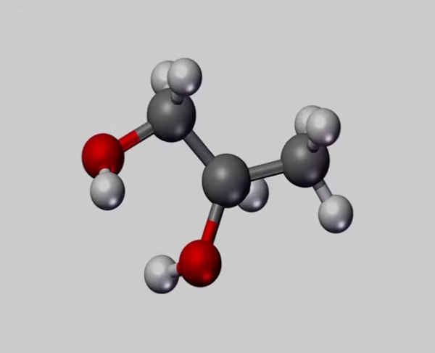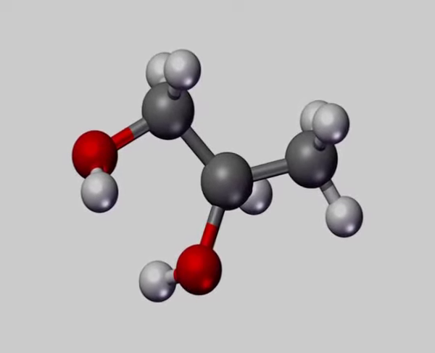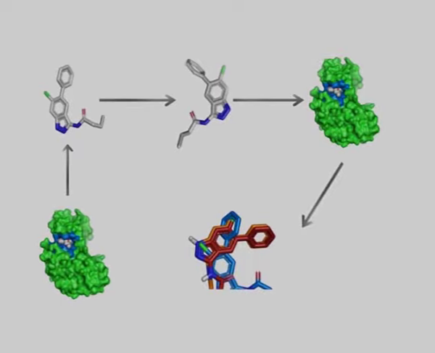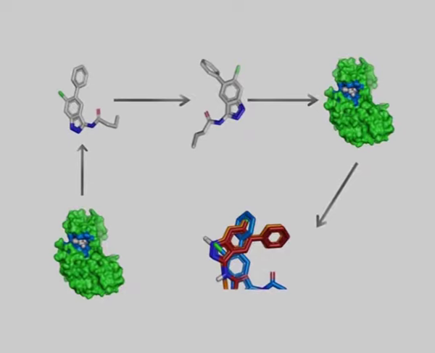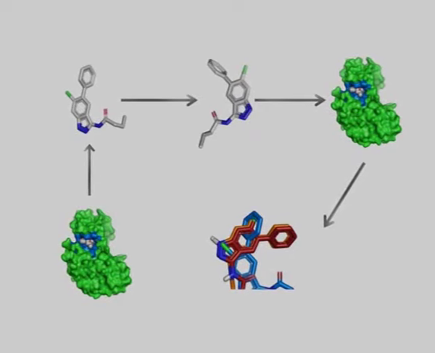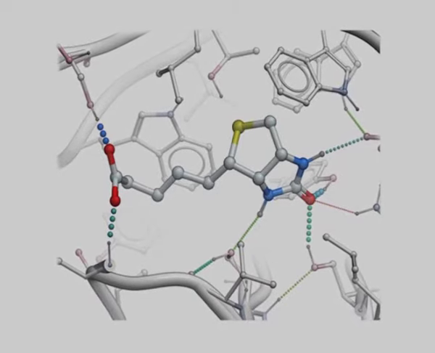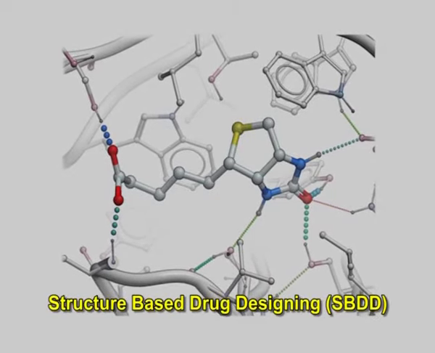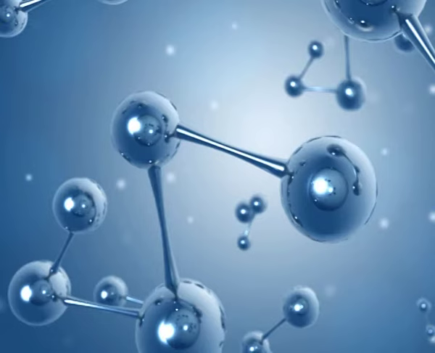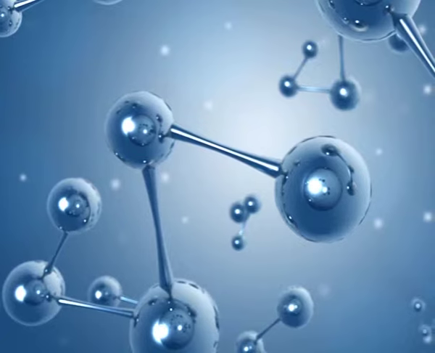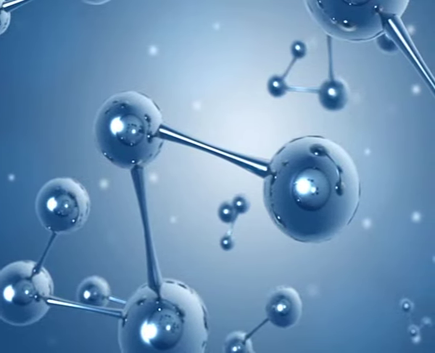When a disease process is understood at the molecular level and target molecules are defined, one can design a new molecule and/or optimize a lead molecule for desired pharmacological activity or desired pharmacokinetic profile using two types of CAD techniques, that is, structure based drug designing, SBDD, and ligand based drug designing, LBDD. For the application of structure based drug design, detailed information about the 3D structure of the target protein is required.